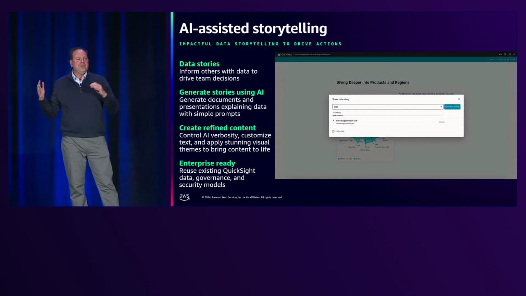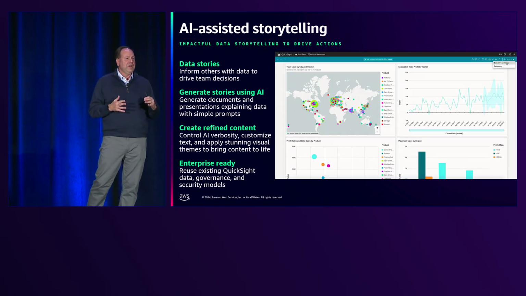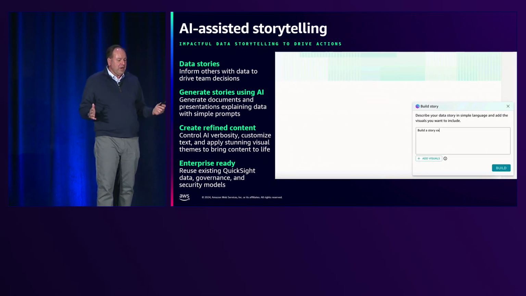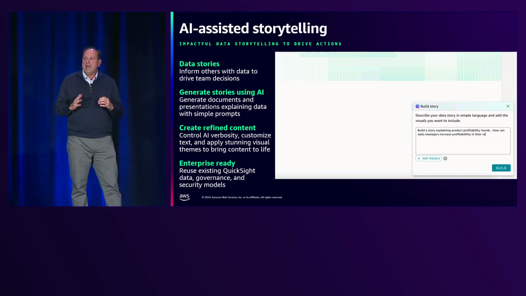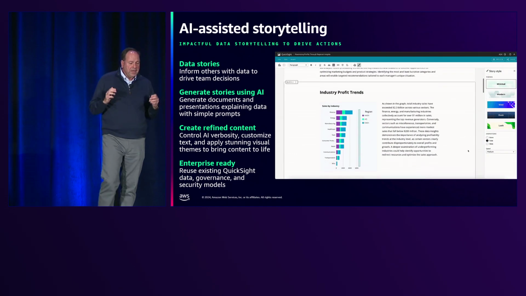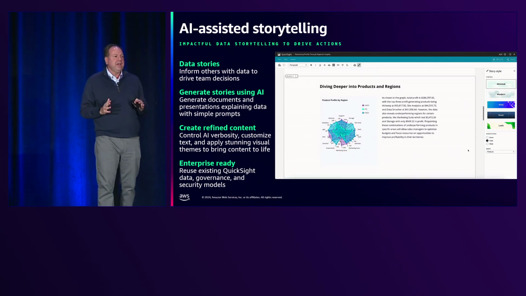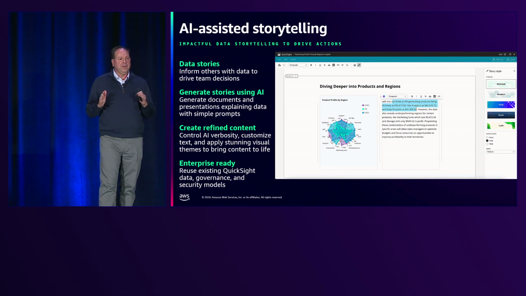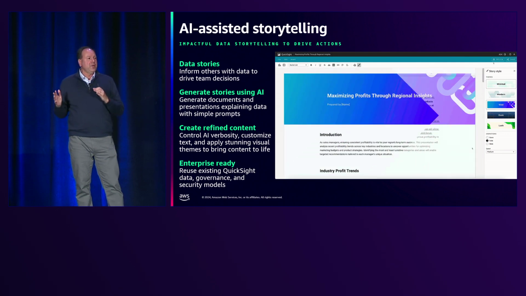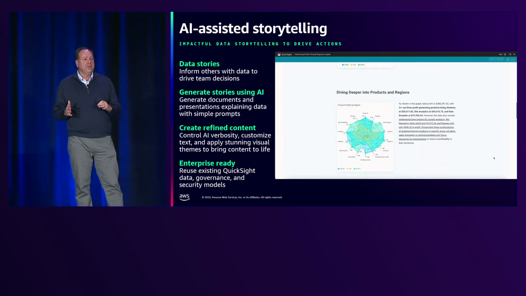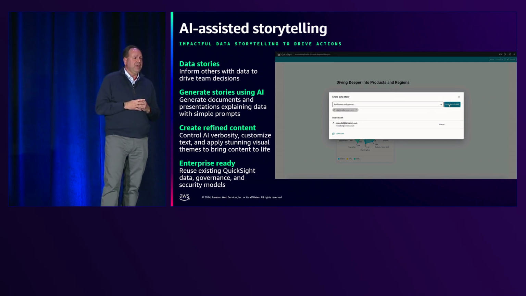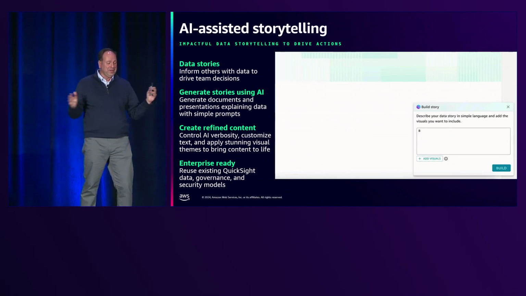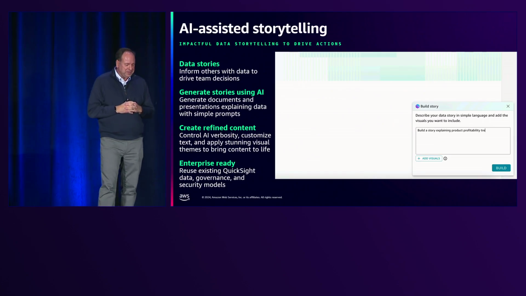But what we found is that if you give it some guidance about what you want the narrative to say, we'll then generate an entire story for you, describing key trends, describing next steps. And then again, one of the announcements that we had today was this integration with Amazon Q Business and unstructured data. It will now leverage that information when it builds the story. So that means that you're going to get more relevant stories inside of Amazon QuickSight when you build stories.